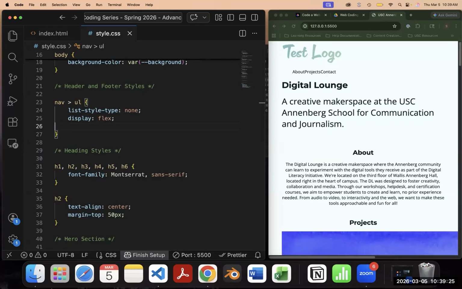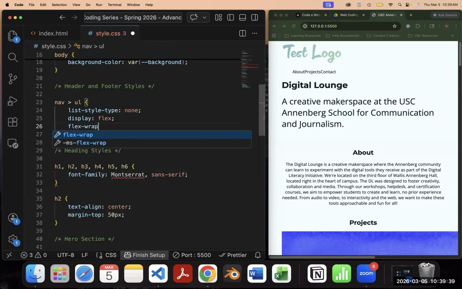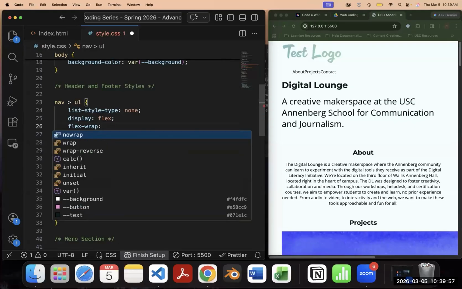The next property that you can set is going to be a little hard to see with us right now because we don't have a ton of elements, but this is going to be the flex wrap property. What this allows you to do is determine what happens when you have so many elements that they would go beyond the screen. Like they just keep going. And this basically says, do you want these elements to wrap or not? So some options that we have are no wrap, which basically means just keep them going and going and going. There's wrap, which in this case would be we have left to right, and then once it